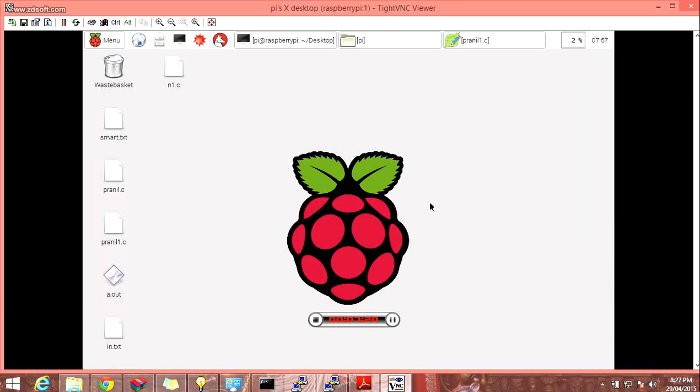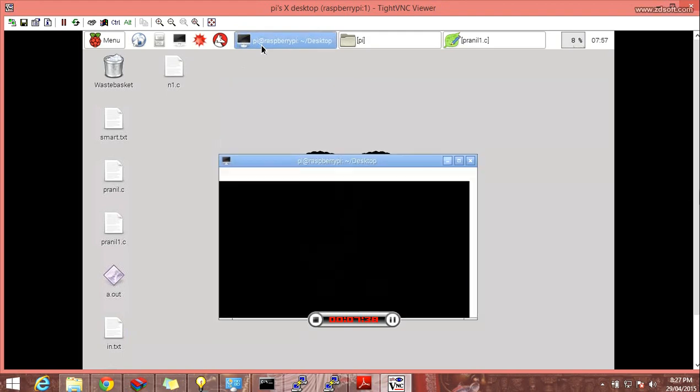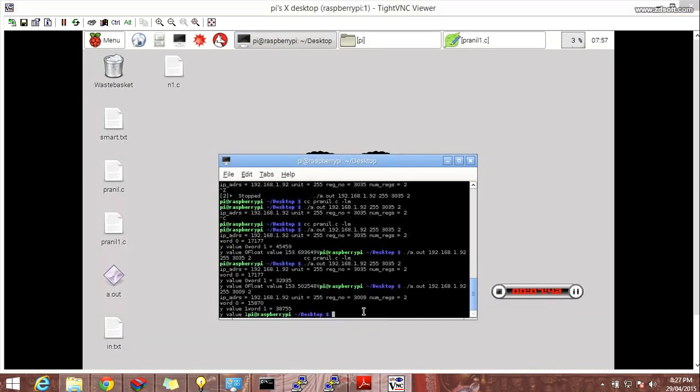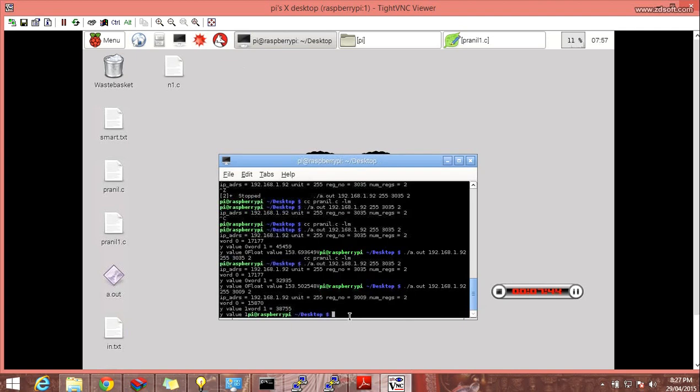Now what is the exact use of this VNC server? From any system you can remotely manage your Raspberry Pi, and there is no need to connect every time to the projector and look at changes of the IP addresses. Now we set the static IP for this Raspberry Pi. Now what is the command to set the static IP? We'll see now.